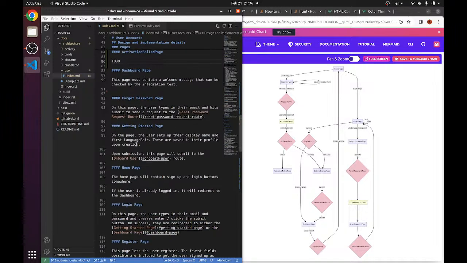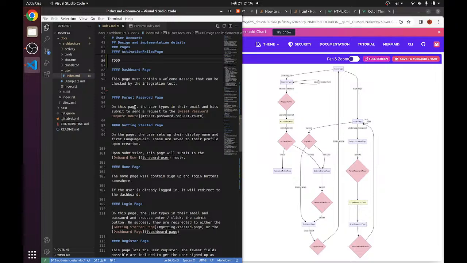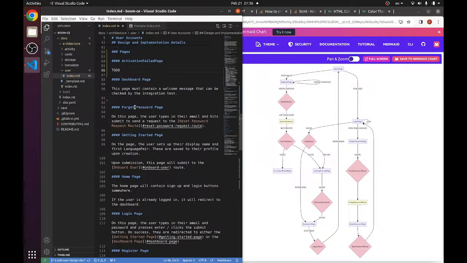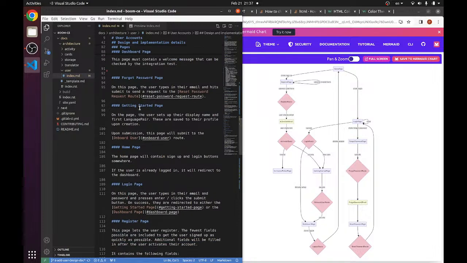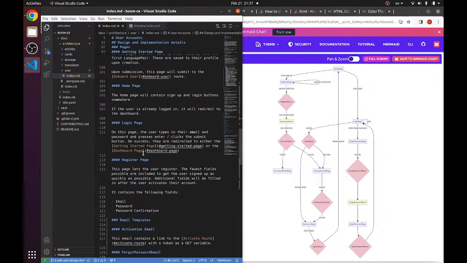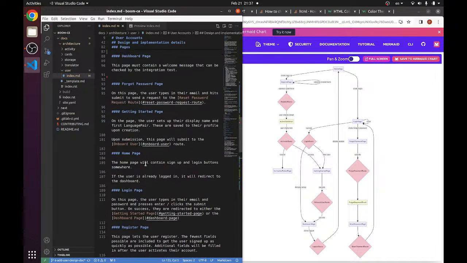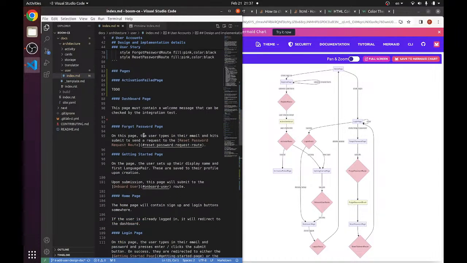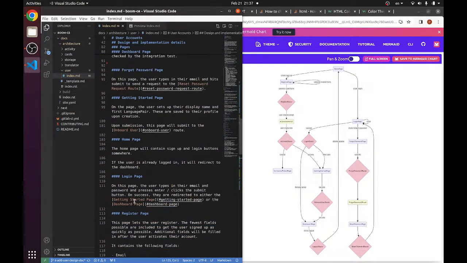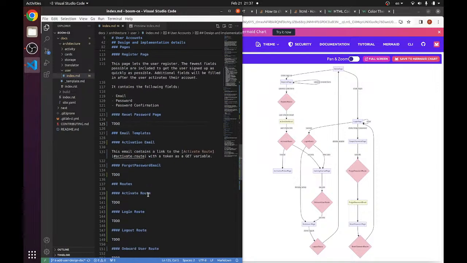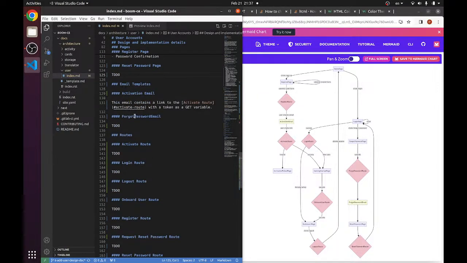Getting started page is there. Dashboard is there, forgot password is there. Reset password page is missing, so throw that in there. And then I should have 8 pages. Perfect. 8 pages, 2 email templates,